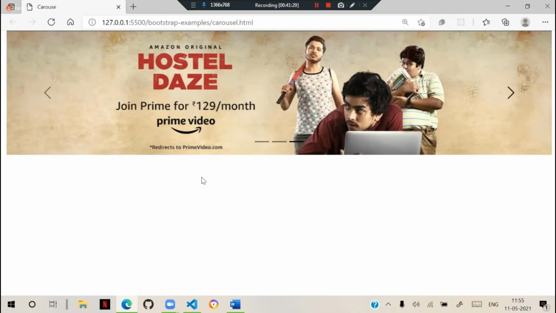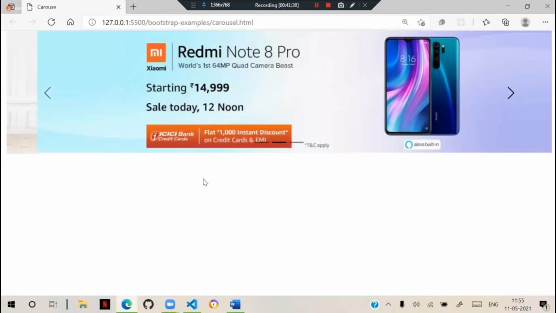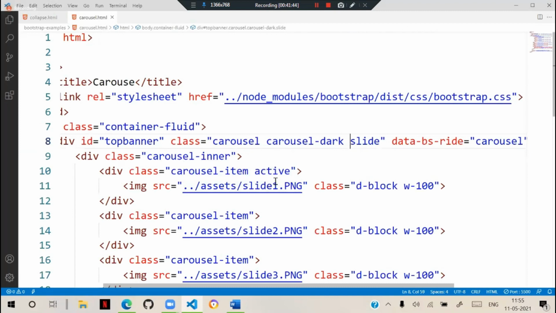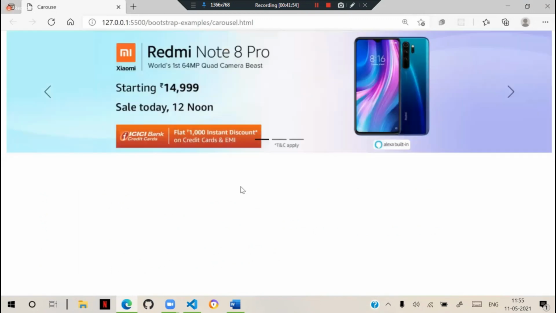One more option is here. We can define a carousel fade style. We can give a carousel fading style. That means if I don't give slide, so this is the carousel, I am not giving any slide option. You see, they will not slide.